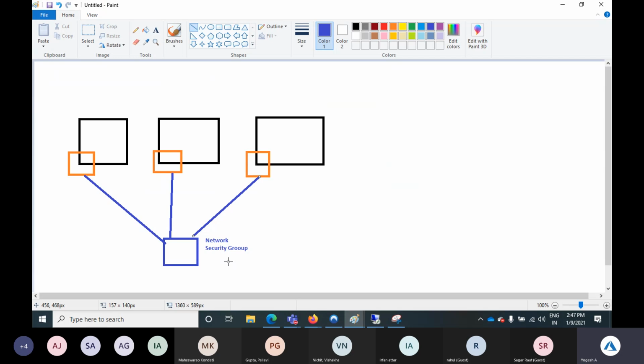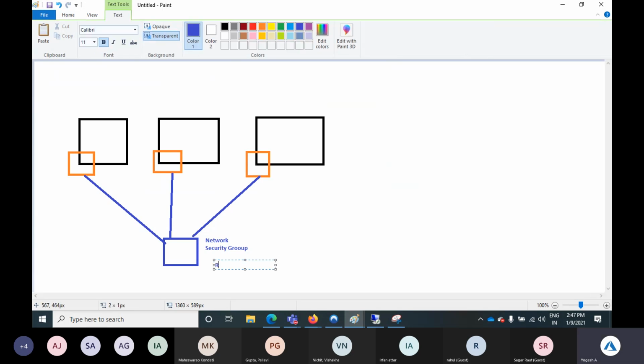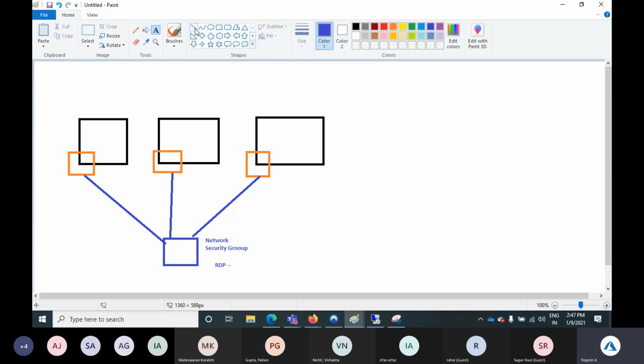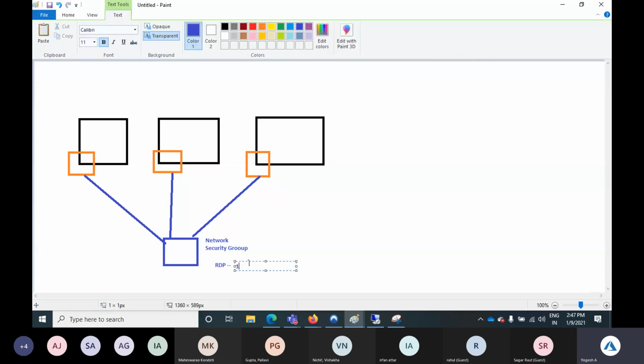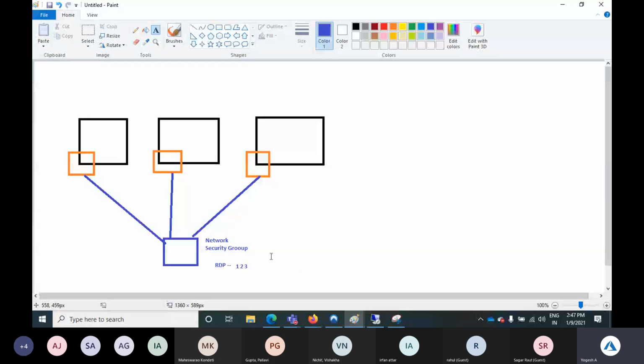So when I block the RDP port here, it will block for all the virtual machines. Let's see, RDP deny: virtual machine 1, virtual machine 2, and virtual machine 3. But my requirement here is I want to block the RDP on a specific virtual machine. So that also we can do with that particular network security group, where I need to define the